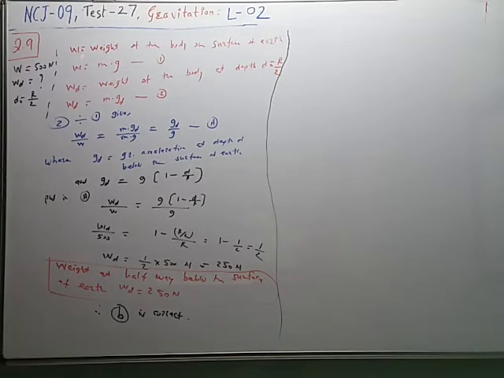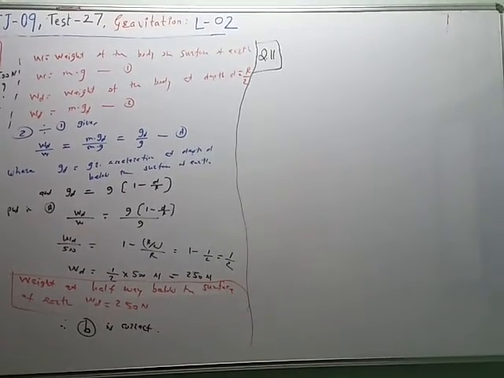So this ratio 2 by 1 gives WD, weight at depth d upon weight on the surface of the earth is equal to GD upon G, and GD is substituted directly, where D is equal to R by 2. So on the right hand side G cancels. So 1 minus 1 half, that is equal to 1 half. So weight at depth d is equal to 1 half multiplied by weight on the surface of the earth. This is the weight on the surface of the earth, 500. So answer is 250 Newton.